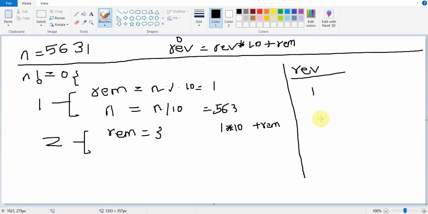So it is 13, and again it checks the condition. It is again true, so it enters the loop.